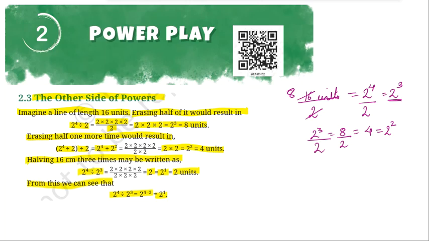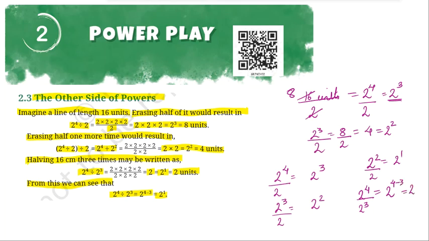So can we say that when we are dividing the powers, what is happening? You first divided 2 to the power of 4 by 2, so your answer was 2 to the power of 3. Again you divided 2 to the power of 3 by 2 and the answer was 2 to the power of 2, and then you divided 2 to the power of 2 by 2, you got 2 to the power of 1. So when I have to divide 3 times, can I say 2 to the power of 4 divided by 2 to the power of 3? So how did the final answer come? 4 minus 3, which is 2 to the power of 1, which is equal to 2 units.